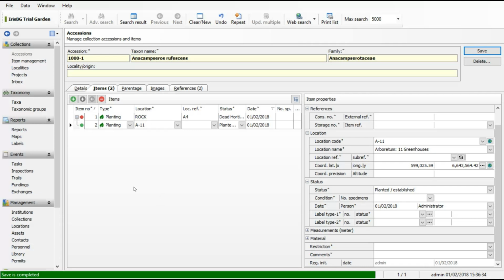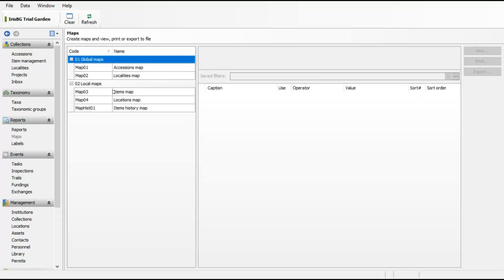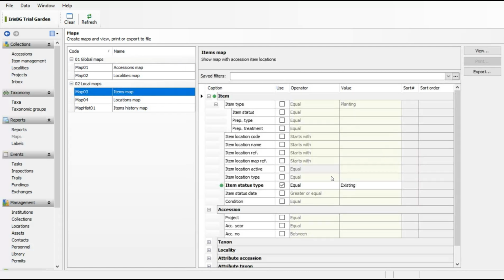So another map-related question is, when plants are marked as dead, are they removed from the map? Well, the thing is, you have to think of it more like everything is dynamic. So when you want to show a map of the garden and a certain number of plants, you do that from the map section. And here you have different types of maps. So when you have local maps or maps of the garden, you go in here. And this is where you then decide whether you want to show